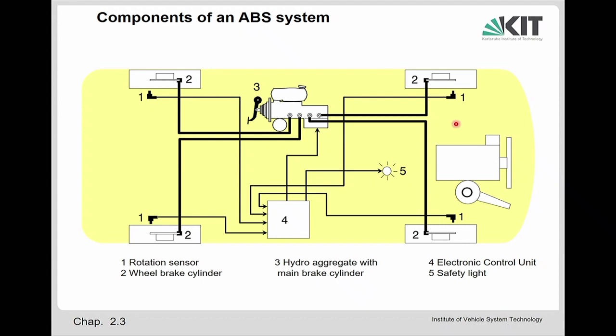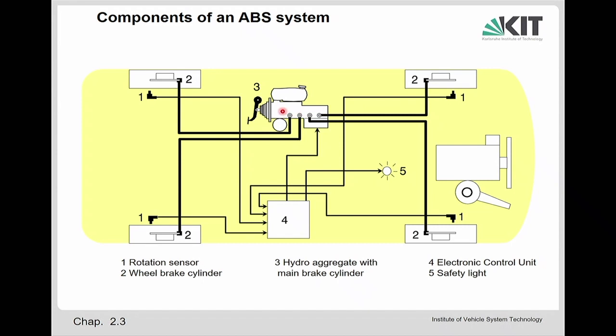So this creates a sequence of pulses, and from the frequency of these pulses, we are able to calculate the wheel speed. This can be done for every wheel. Then, of course, we need